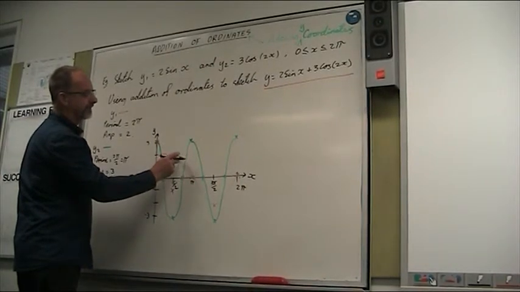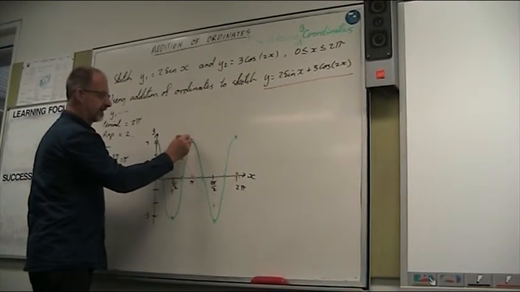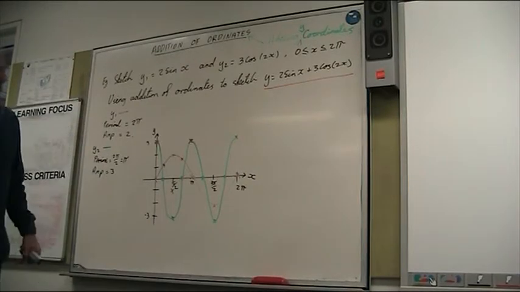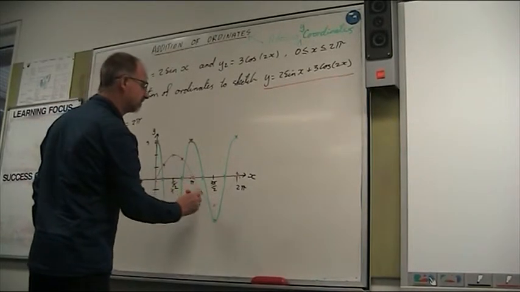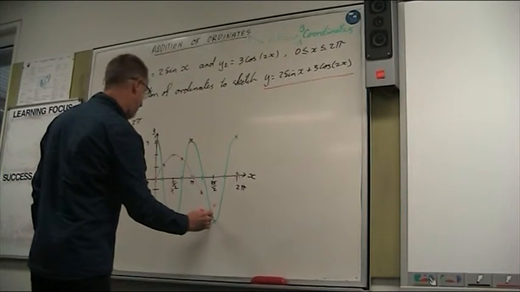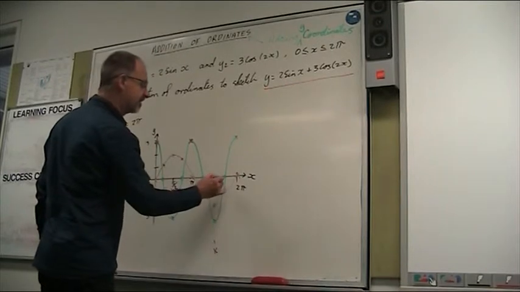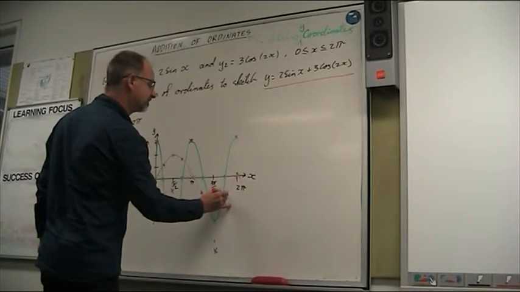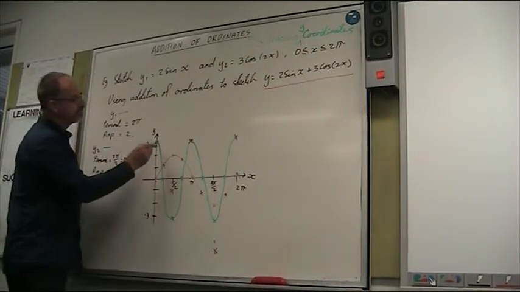0 plus whatever that is there. 0 plus 3 is 3. And then just work your way along. Whatever that is, 0 plus. Didn't quite go down far enough there, did I? Oh well, not to worry. And so now we